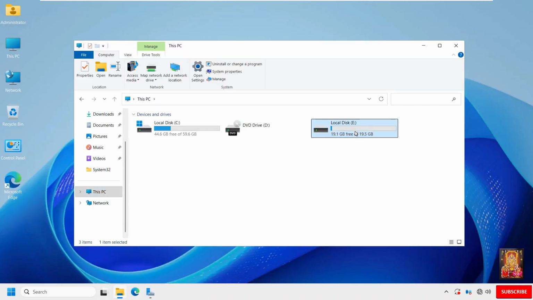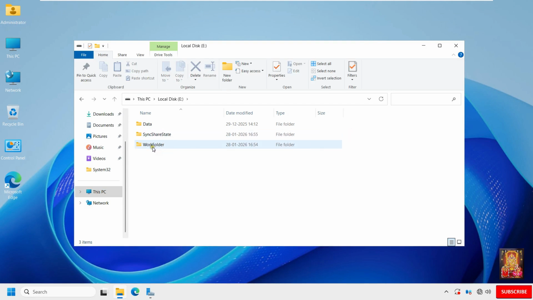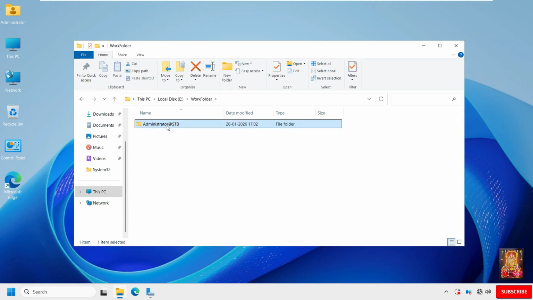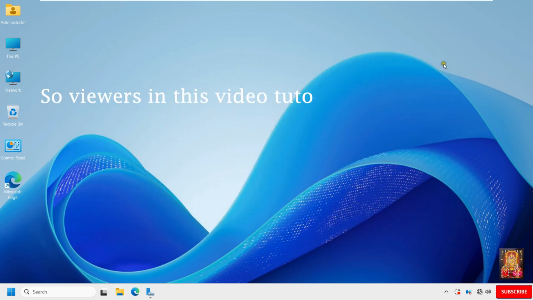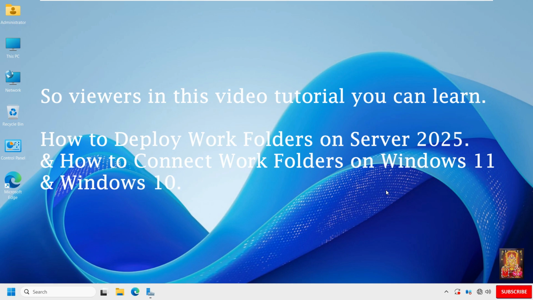Open E drive. Open Work Folder. Open the Administrator at STB folder. Our Admin Docs folder is here. Open this folder. This is our file. Close this folder. So viewers, in this video tutorial you can learn how to deploy Work Folders on Windows Server